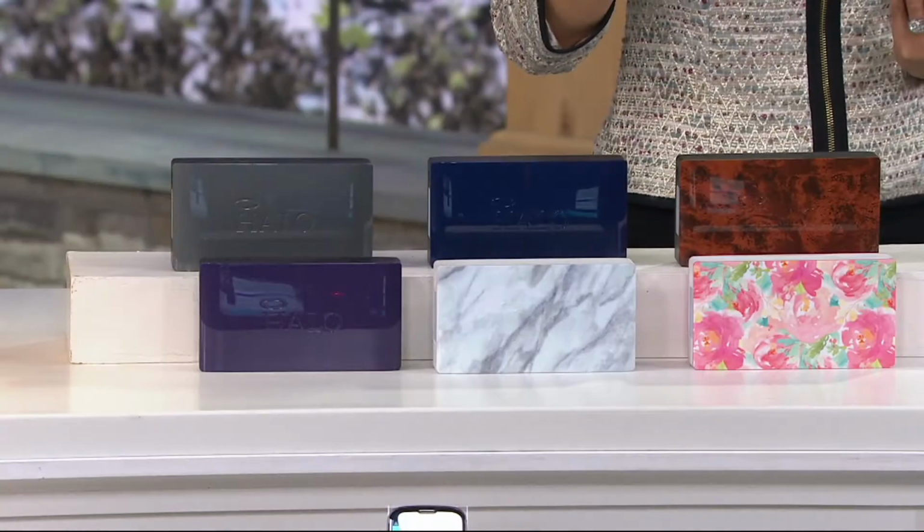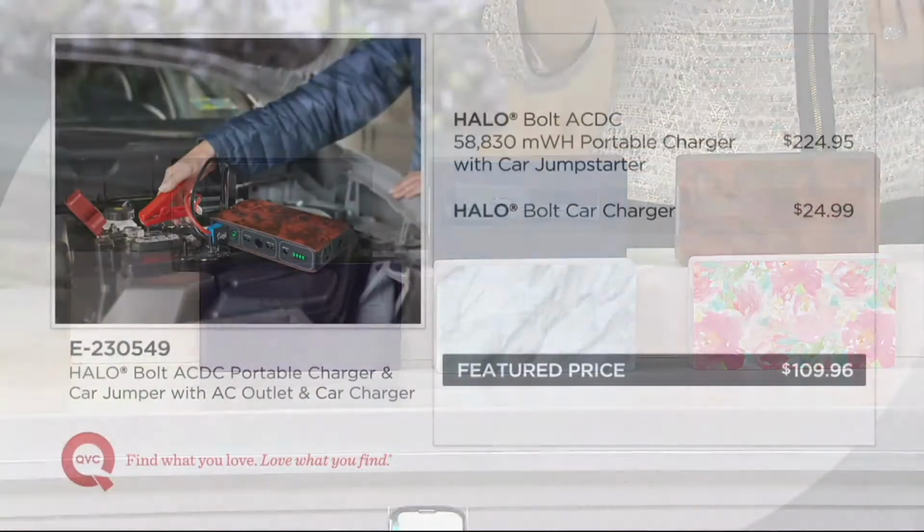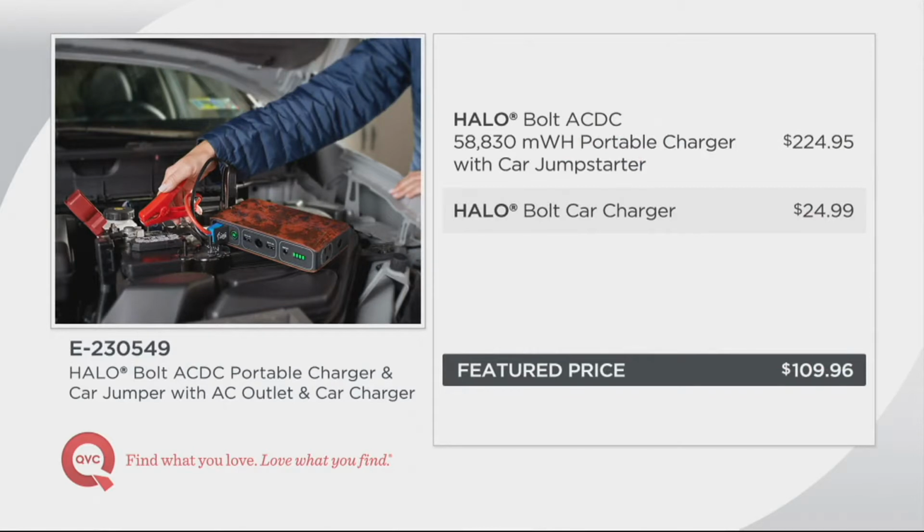If you were to purchase this at the halotocloud.com website, this Halo Bolt sells for $224.95. Plus, there's an additional charge for the accessory item, the car charger, which you requested and you love. But look at our featured price. $109.96 for an almost $250 plus value. We do have 5 easy payments available, but first let me introduce you to Sarah Catalesi,